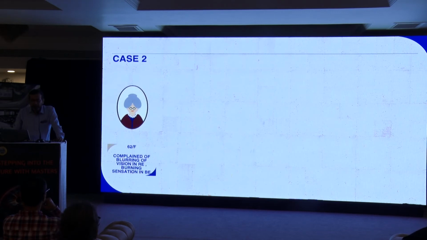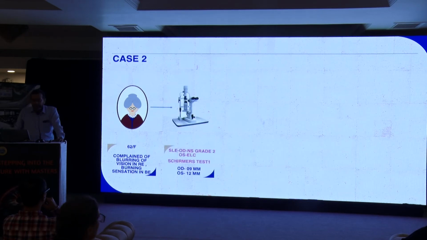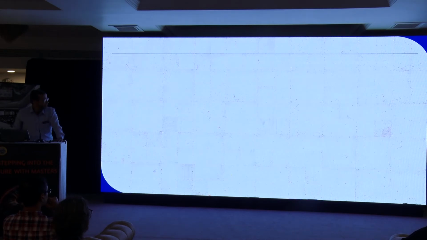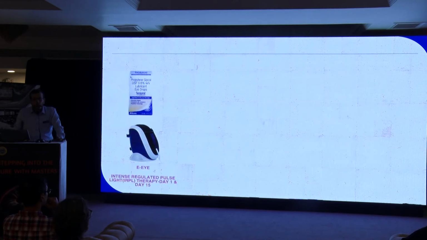Again, this was another case where an elderly patient was complaining of blurring of vision in both eyes. She had grade 2 nuclear sclerosis with a PSC cataract, with very low Schirmer scores of 9 and 12 millimeters. Her IDRA here again showed a very low lipid layer. So what we planned for this patient was to start her on Sustained Complete, but since we couldn't wait